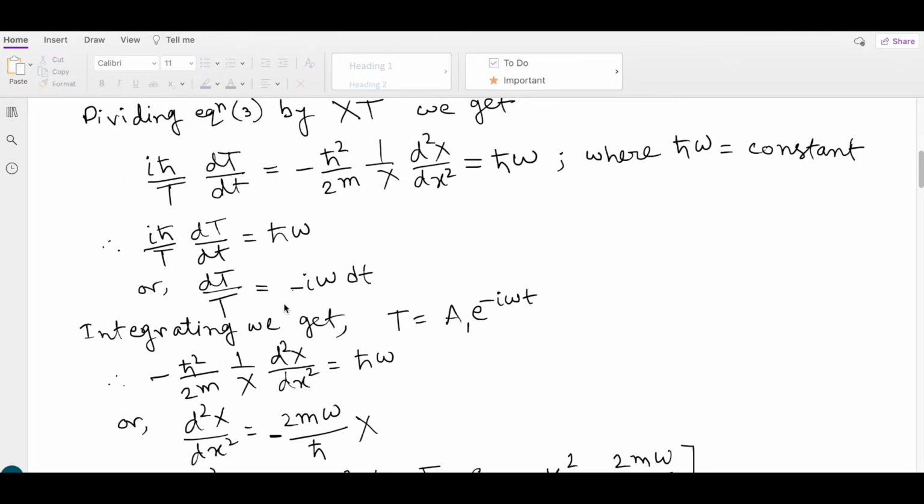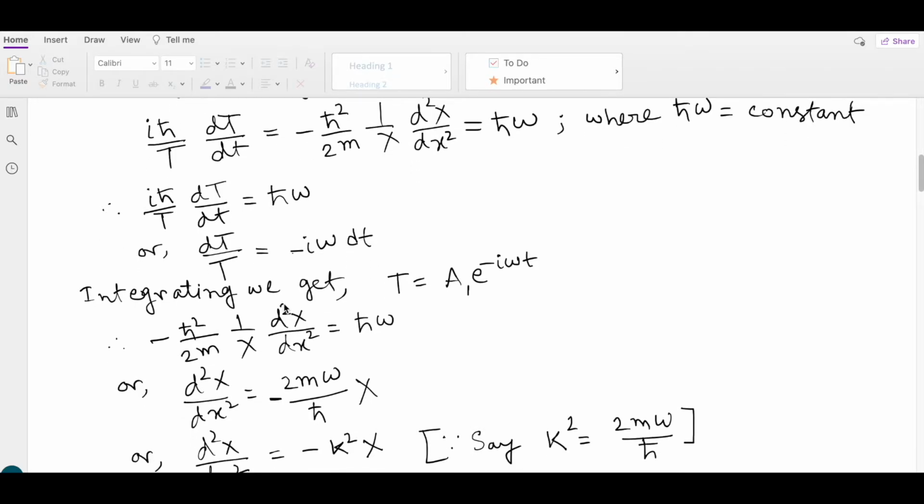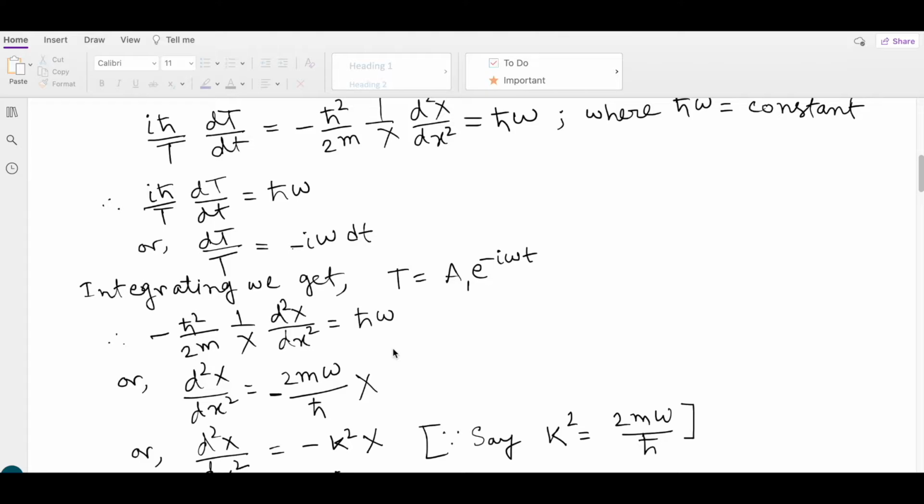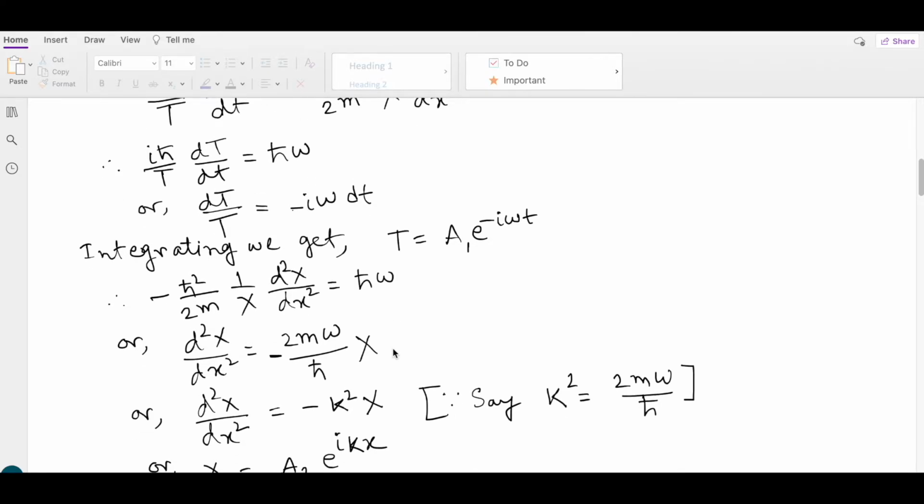We solve this equation and get T = a1 e^(-iωt), where a1 is some integration constant. Then from the second part, -ħ²/2m (1/X) d²X/dx² = ħω,